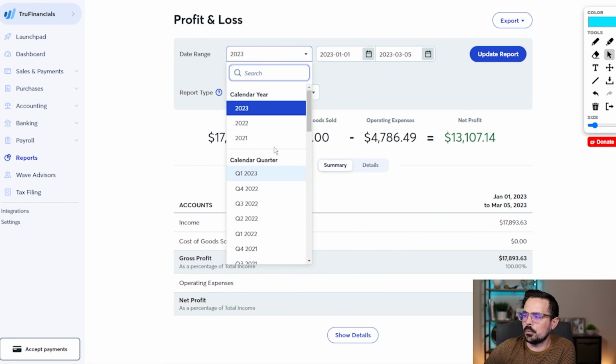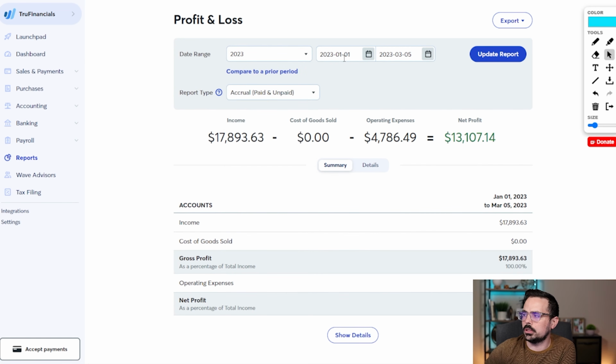You can change this if you want to the different years, different quarters. You can even customize it for the dates themselves. You can have accrual or you can have cash pay basis if you wanted to, and then you can just update your report. Now, when you're on this page, it has it on the summary,